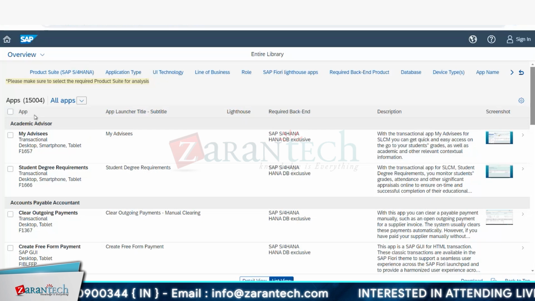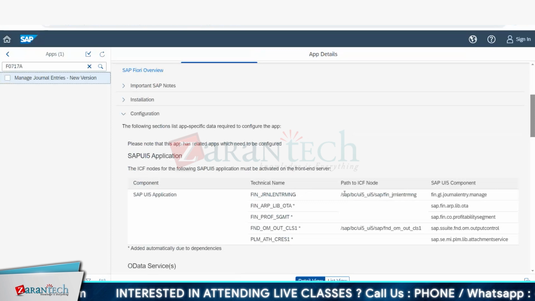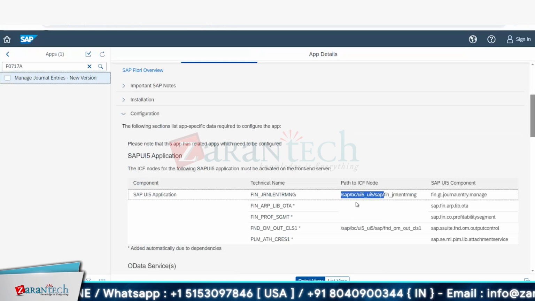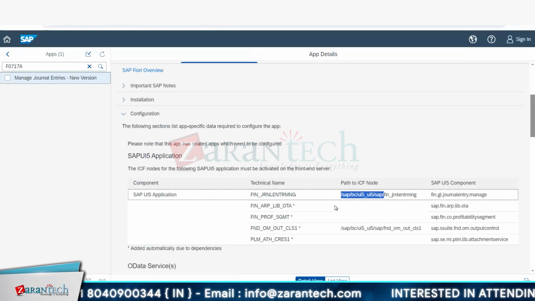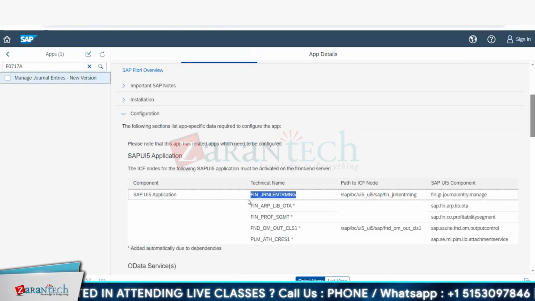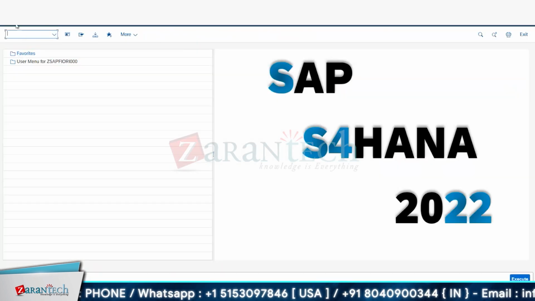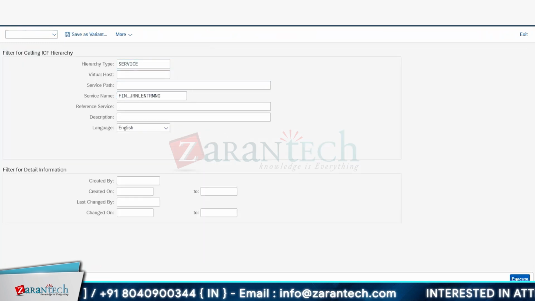No need for that, because if you see this one, it is a generic path, right? Yes. And everything will be down. So no need to give all the things. Is there an idea where we can find either a table or somewhere in the backend for all this information? No, it's a generic rule. See, if you go to the SICF node and put this one, you will get it, right? Yes, I'll get it, but below that. That's what we activated, the first one. If I give SICF and give the view,